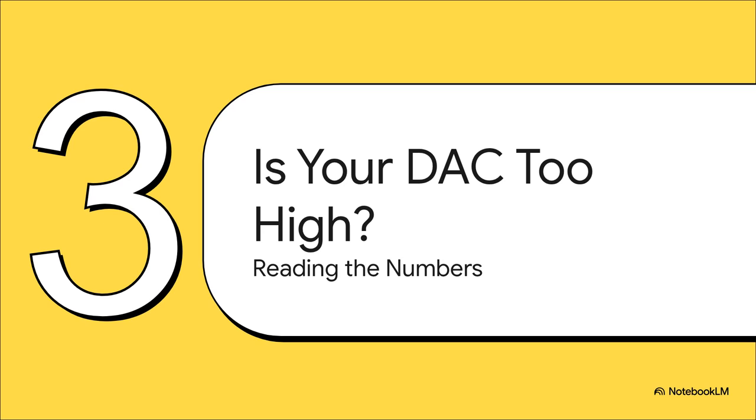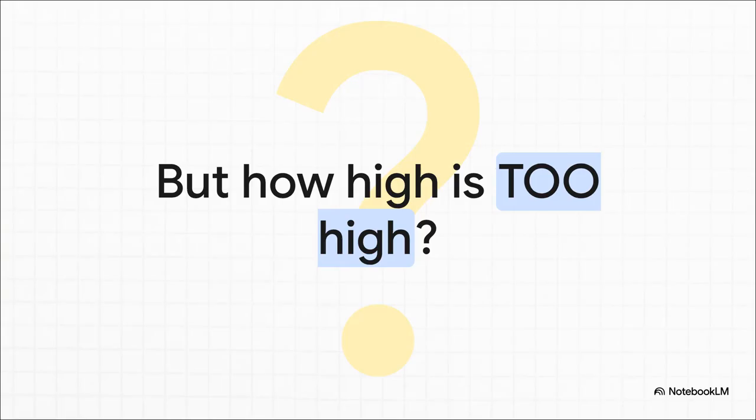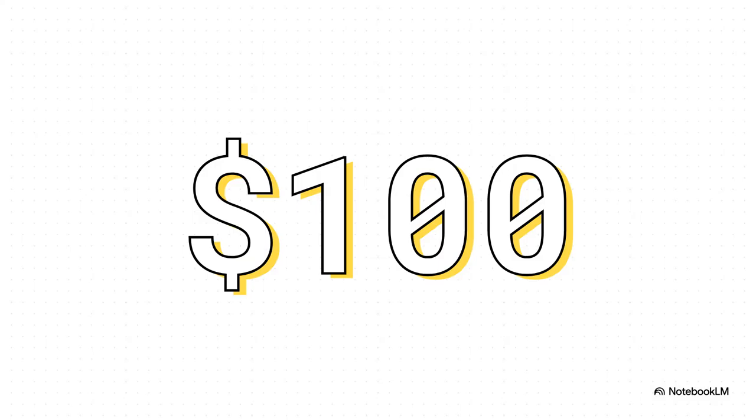So this all leads to the next big question, right? Once you've done the math and you've got your number, how do you know if it's a good number? Look, there's no single magic number that fits every single nonprofit. It really depends on your organization, your goals, the lifetime value of a donor, all that stuff. But there is a general benchmark that can be a really helpful warning sign. And according to our source material, $100 is a number to watch.